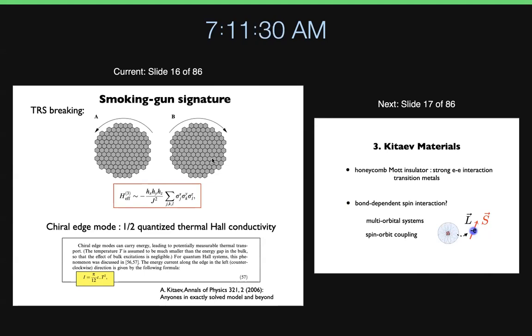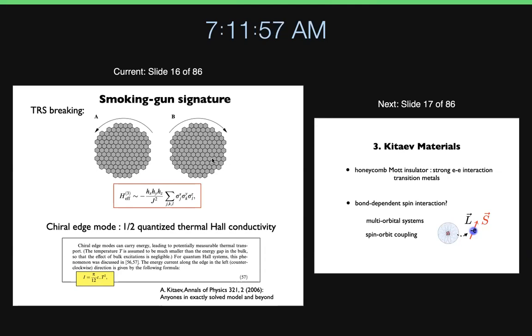One can try Hx, Hy, Hz. If you try the direction of the field to be 1, 1, 0, for example, in X, Y, Z coordinates, then this term is 0. So we are not going to see any effect of thermal Hall. But if you have any finite values of X, Y, Z, then this interaction is going to generate a gap in the bulk excitations. In other words, those Majoranas at a K point are going to acquire a gap.